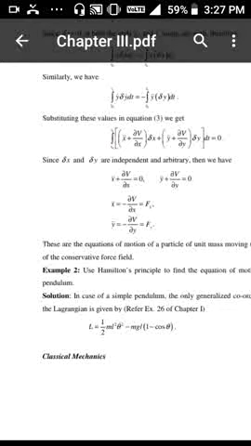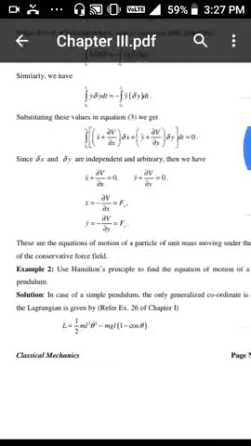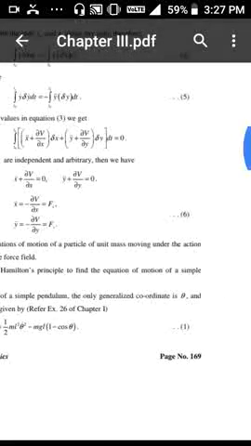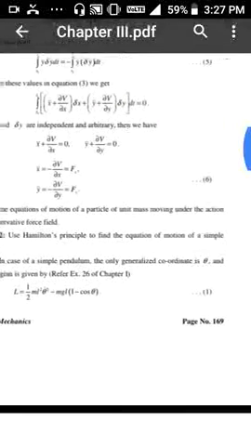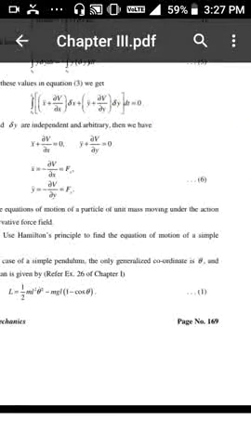Namaskar. Today I will discuss the examples on Hamilton principle. Use Hamilton principle to find the equations of motion of a simple pendulum. In case of a simple pendulum, the only generalized coordinate is theta